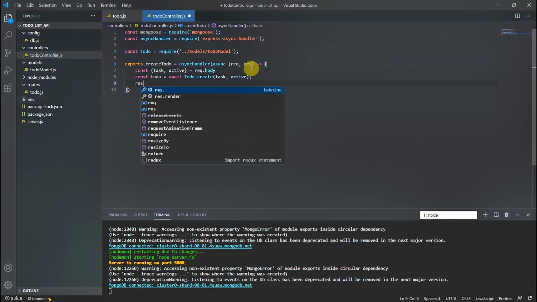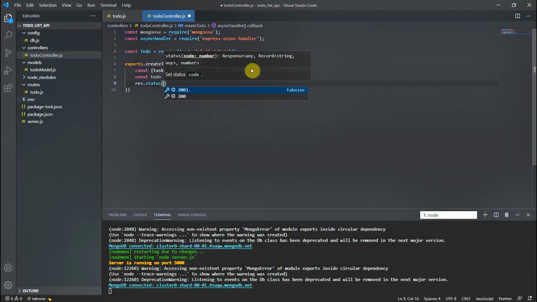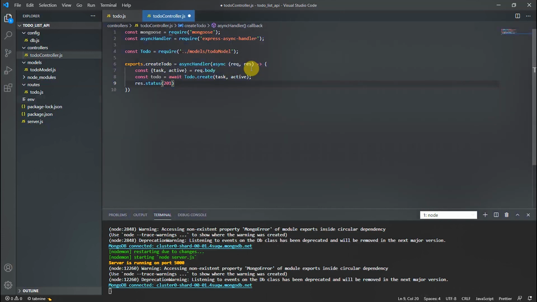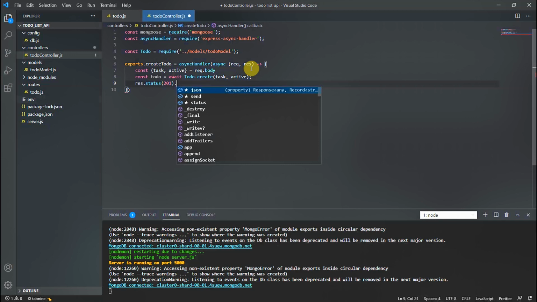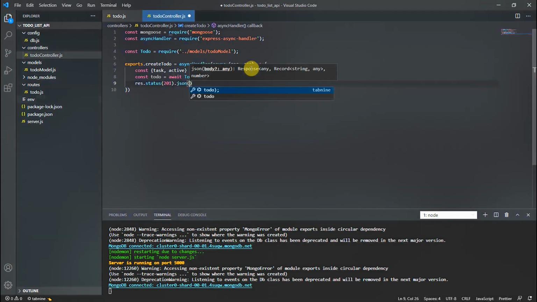We need to send some response like res.status. We will send 201. If you don't know about status codes, then Google it. You will get all the status codes with some description. You need to read that, so you will get a better understanding from there. 201 is basically used when from that URL something has been created, so that response will tell about that. Then some response data also like JSON.